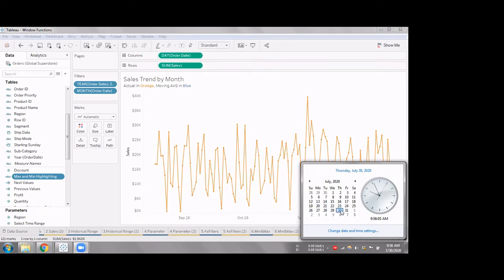Now I want to show an average value of my last week. For example, in this entire week, from 26th to 1st, I need to show the average sales value for the last week, that is from 19th to 25th. Likewise, I need to show something like that.